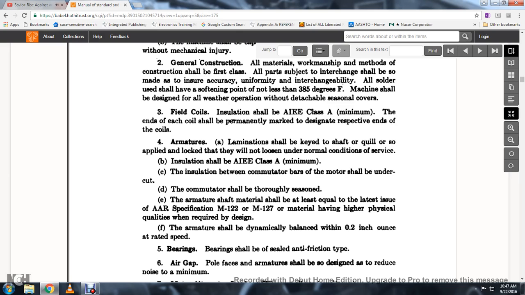Insulation shall be AIEE Class A minimum. Insulation between the commutator bars of the motor shall be undercut. D. The commutator shall be thoroughly seasoned. E. The armature shall materially